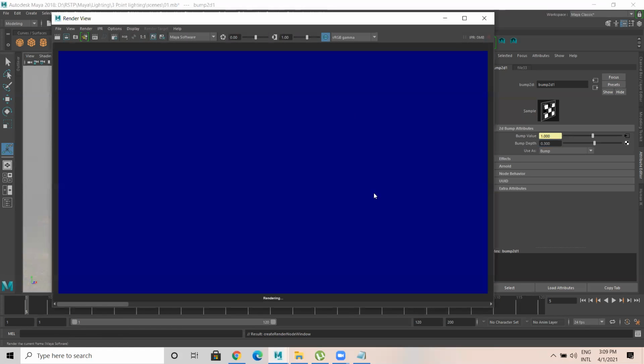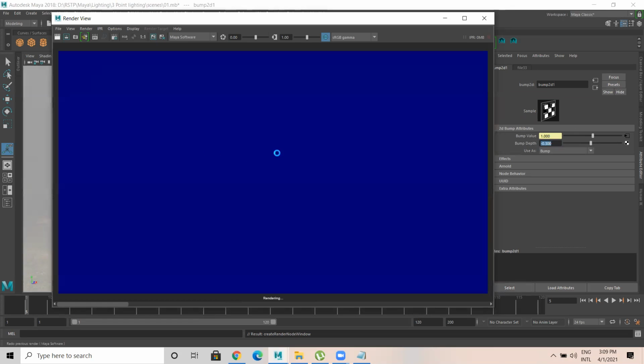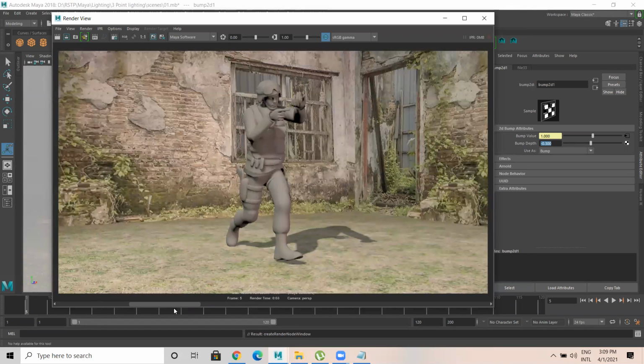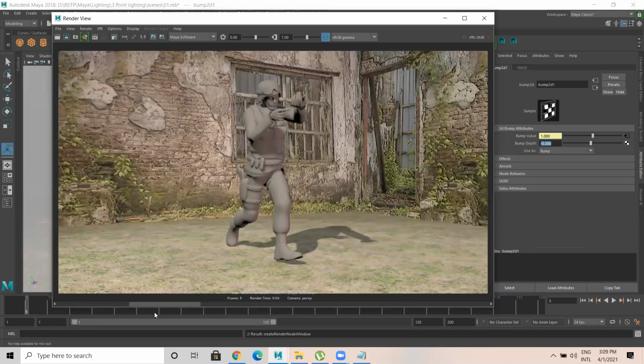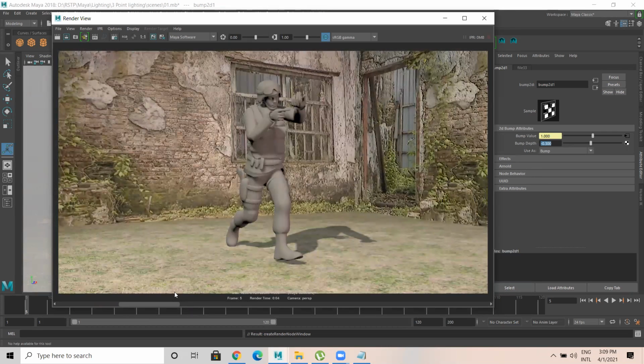You get bit depth. See, you get bit depth. Okay, 0.3, I give negative 0.3. So let's take a render. Okay, so you're getting a bit of thickness here. The depth is different. It was like this, now it's like this. See the detailing here. Can you observe the detail? Earlier without bump, this is a shot. With bump, this is a shot. Similarly you can do it for the surface also.